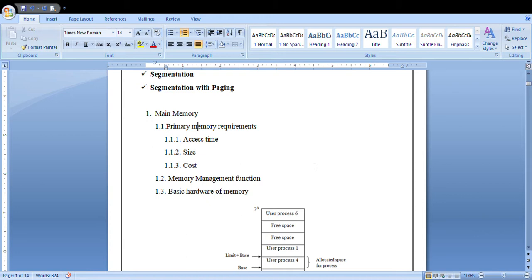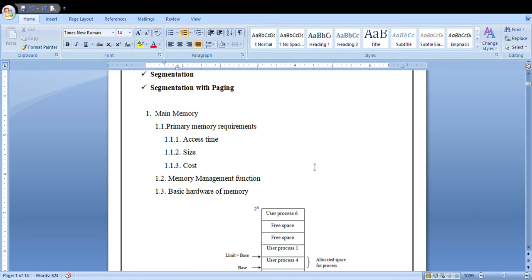Whatever the memory or storage device you are using, either the primary memory or the secondary memory, the access time should always be fast. The user will expect that the access time of the data will be very less. It means as soon as the user tries to access the data, it should be done within a fraction of seconds. If there is a delay in accessing the data, it won't fulfill the requirements of the user. That is the one point.